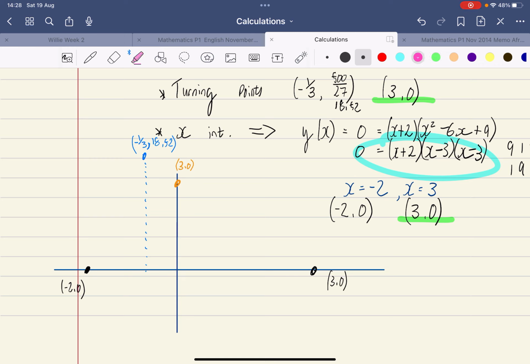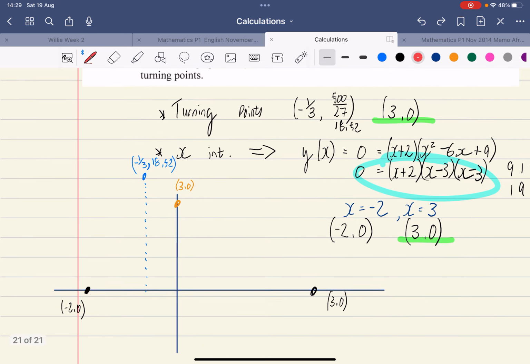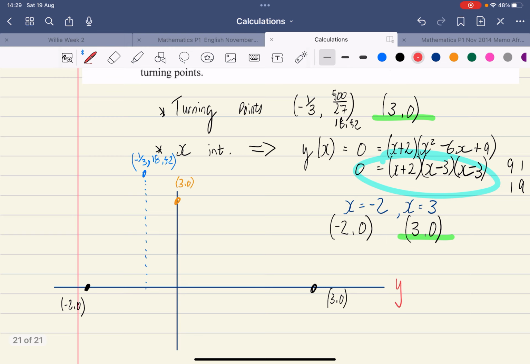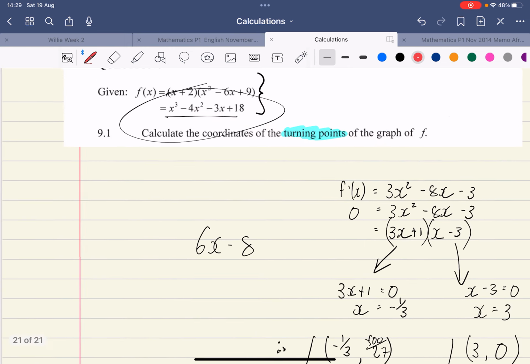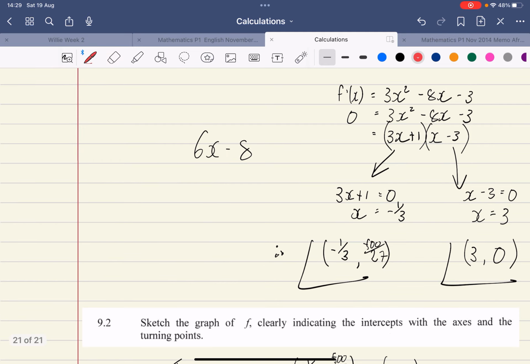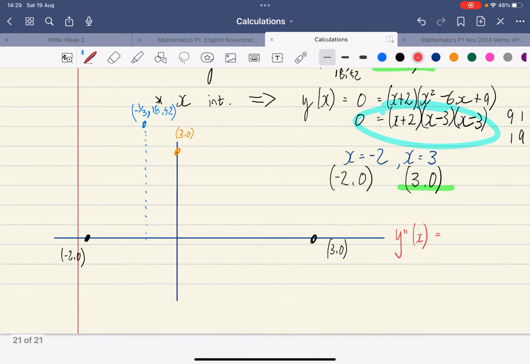If it's not obvious, because remember, cubic is going to look like this, 1, 2, or 1, 2, like that. If it's not obvious how our graph is going to look, I'm going to show you a trick to determine how to draw it. Well, not a trick, but some more theory, very useful theory. If we find the second derivative, which will be equal to 6x minus 8,